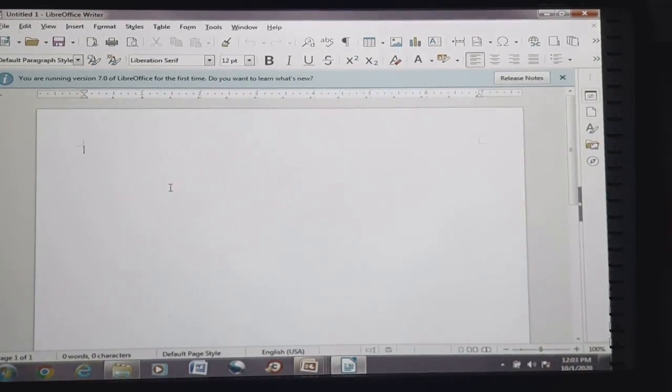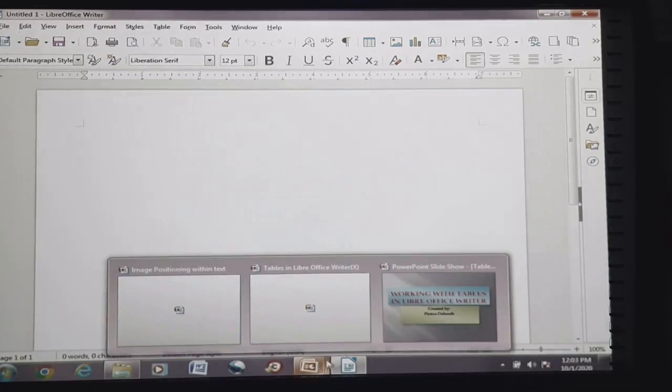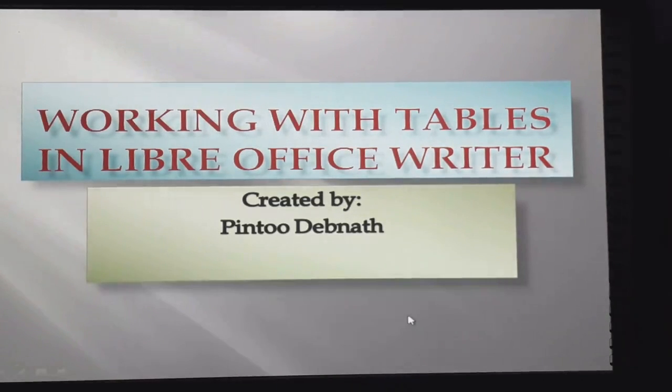So this is our Writer document. Our Writer document will look like this. See, the layout is just similar to Microsoft Office. It is similar to Microsoft Office, and it also does the same task of the Microsoft Office as well as OpenOffice. Okay. Now here we will learn various terminologies first, followed by creation of those things inside our LibreOffice.